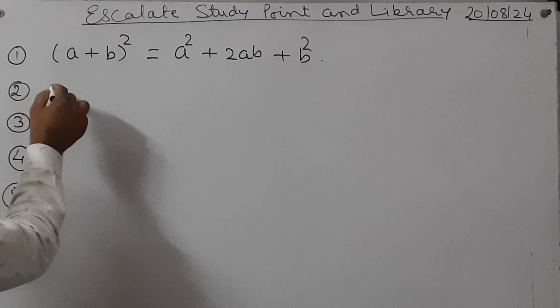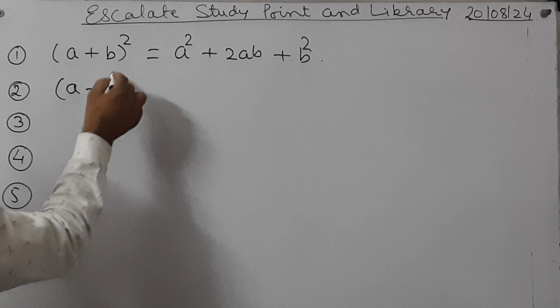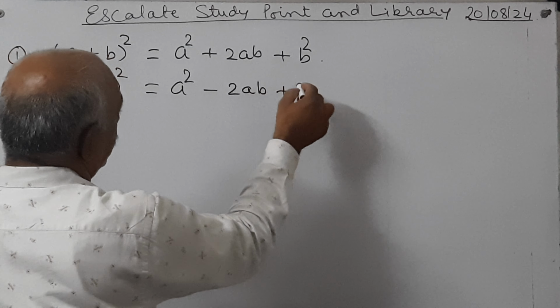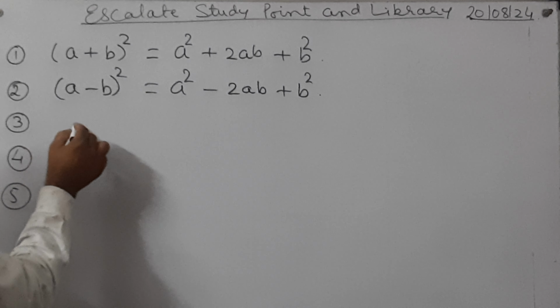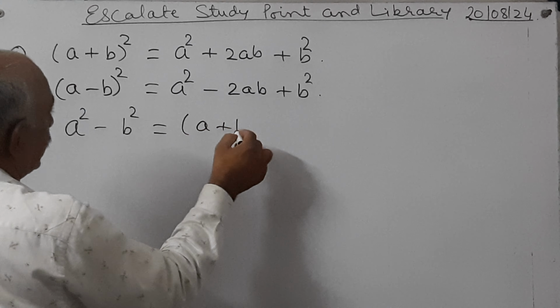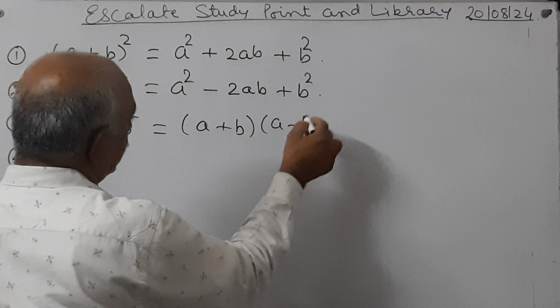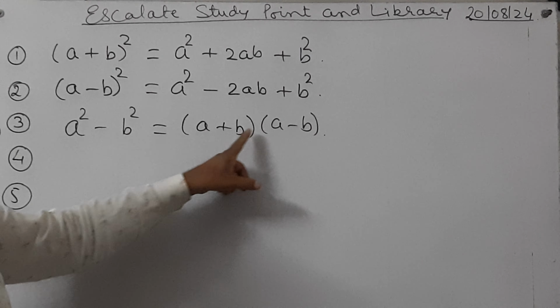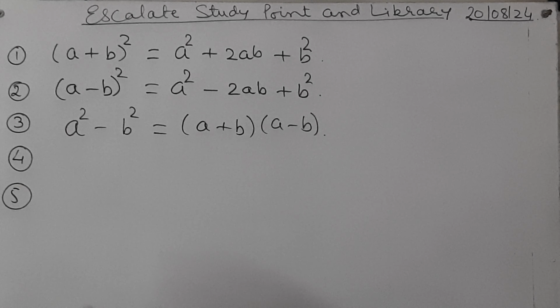Second is (a minus b) whole square, which is a square minus 2ab plus b square. Third one is altogether different. a square minus b square is (a plus b) multiplied by (a minus b). Third identity is very different from the first two. First two identities involve expansion of some expression, whereas the third identity involves splitting of an expression, that is, converting into